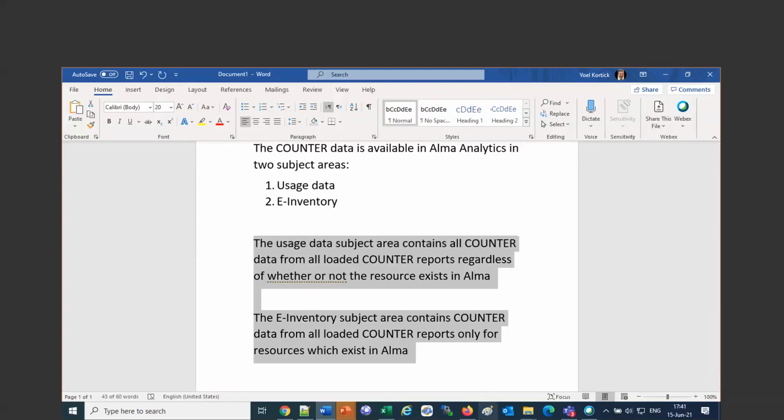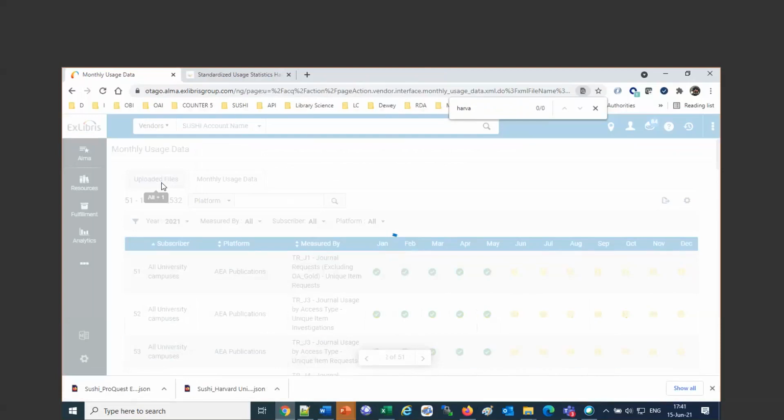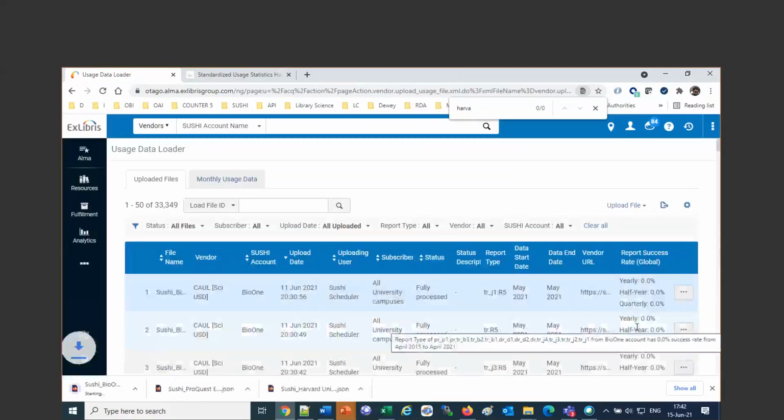I'll explain. If I'm looking here, I'm going to go back to uploaded files. And let's say I've got a TR_J1, something with journals or ebooks. And that COUNTER report includes, I'm just throwing out an example, Introduction to Library Science for Programmers. I always use that example because I like to make sure our programmers know some library science. So it might be that even though the vendor knows that I ordered that resource, and even though the vendor is giving me information, I'm going to download this report here just for the fun. And even though the vendor is giving me that information,